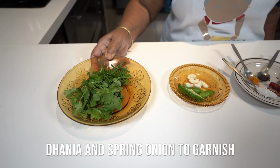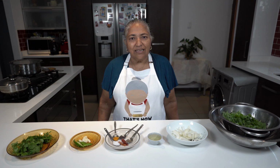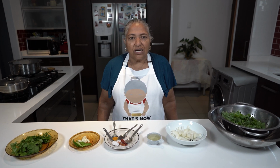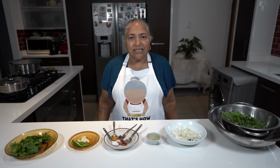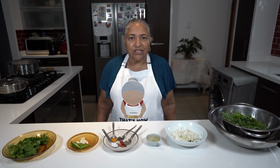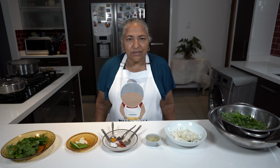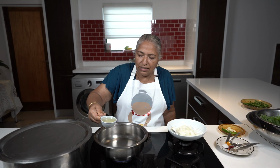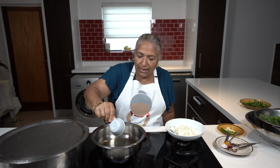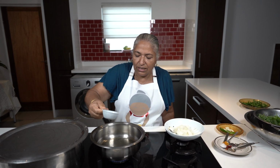Kanji keerai must be cooked to a little bit of thickness because it has to balance the sourness of it. Now I'm ready to braise my herbs. I've got my pot heated to a moderate heat, adding in my 1/4 cup of oil,